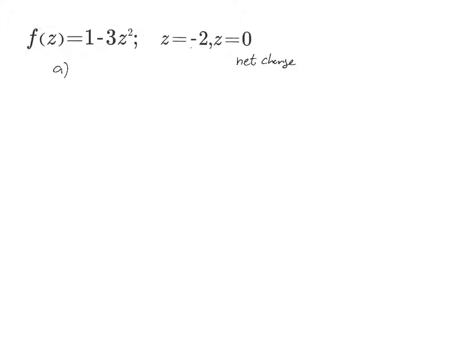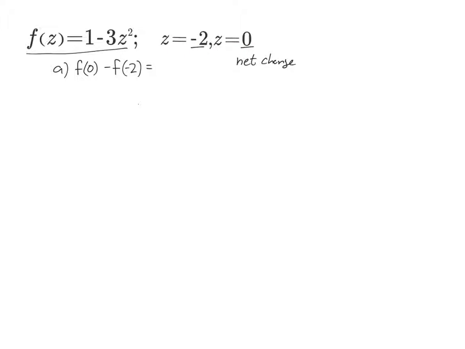So the inputs is going from -2 to 0. My question is, how much did f of x change between -2 and 0? In this case, it's going to be my function at my ending point minus the function at my beginning point. So the net change is pretty much going to be the function at my last point minus my function at